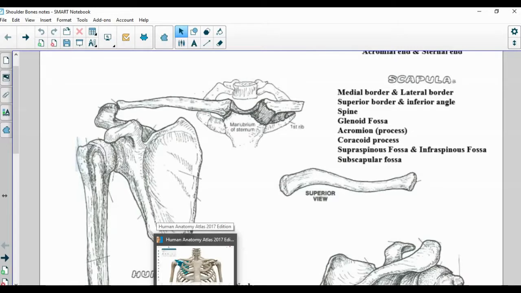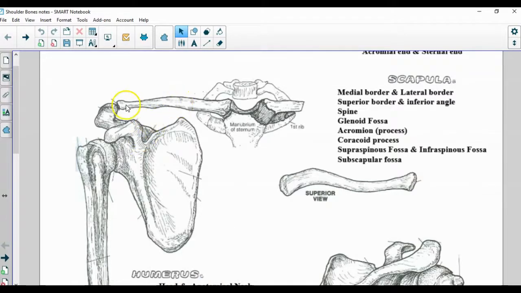So the first thing I want to do is draw in a compass, so we can have our directions. A lot of times you're not going to get the reference of the clavicle or the reference of the humerus, and so you have to get used to looking at the scapula and understanding which side you're looking at it from, where the front is, where the back is, etc. So if we put in our compass for this picture right here,